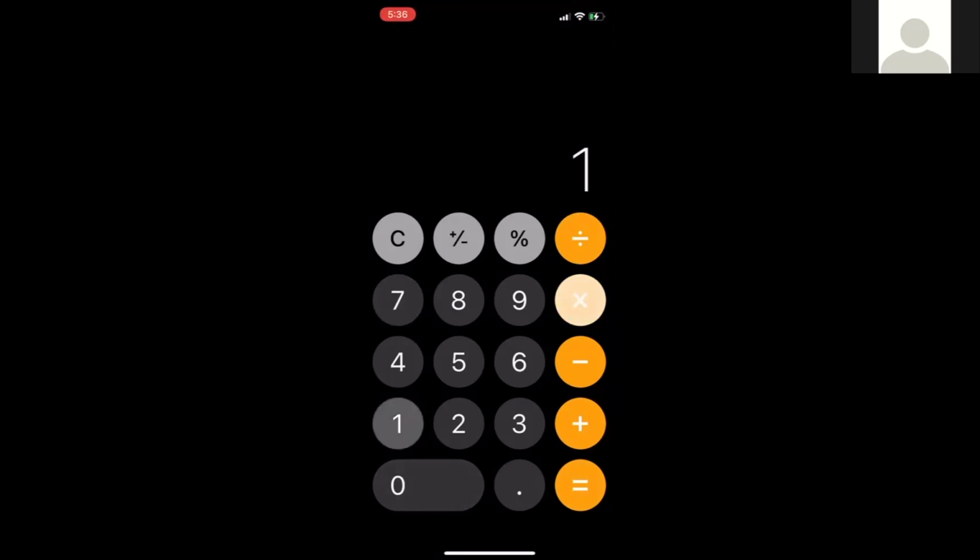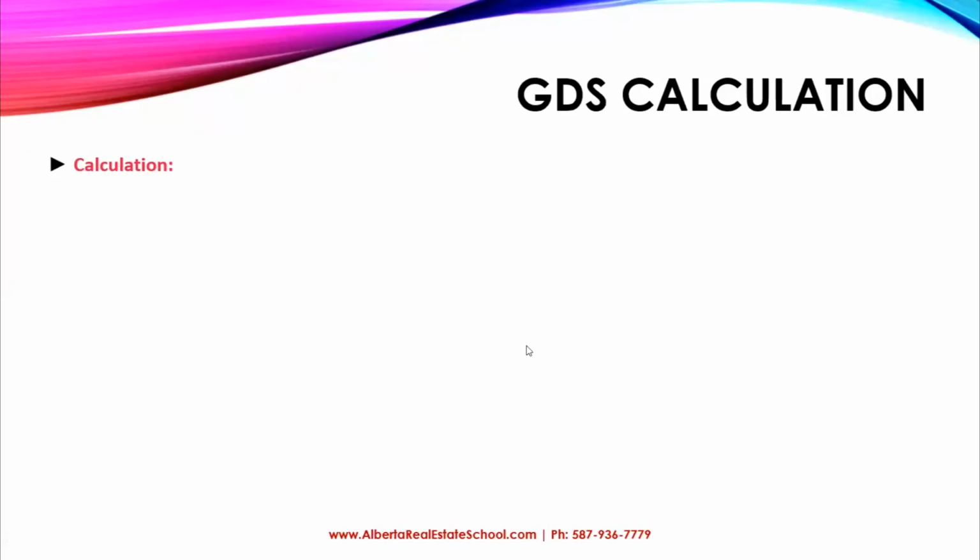So we multiply that by 100 to get our ratio, which is 21.43. So approximately 21% is our GDS ratio here. So going back to our screen here, the calculation would be